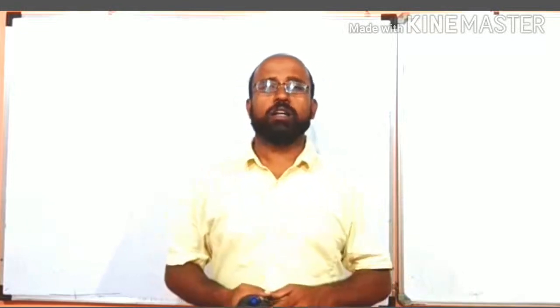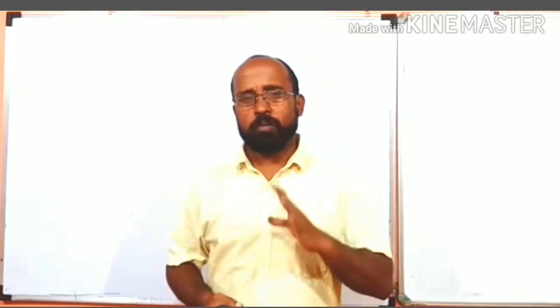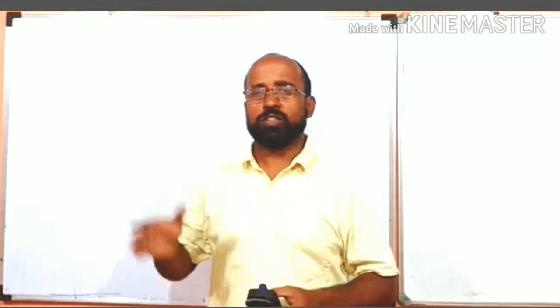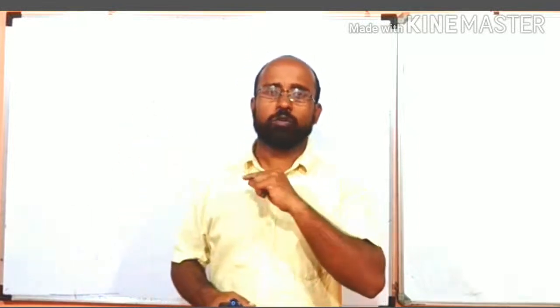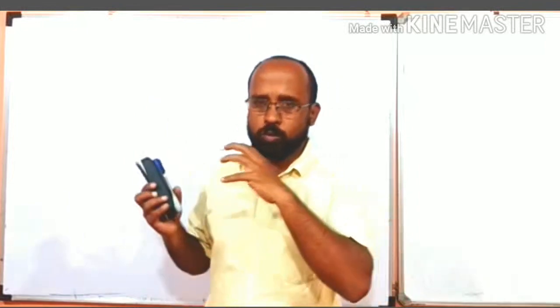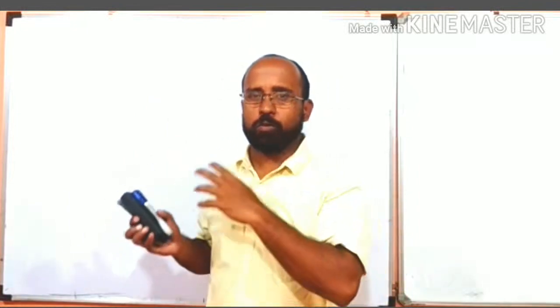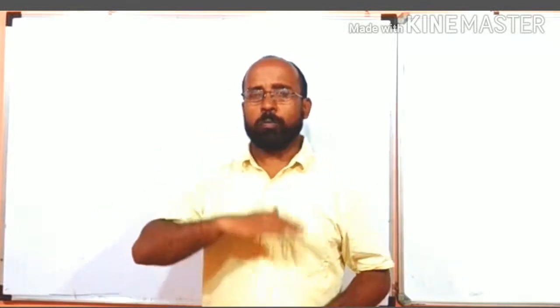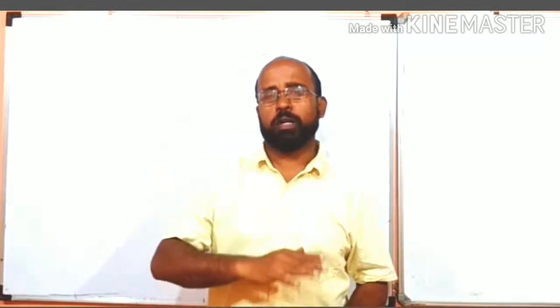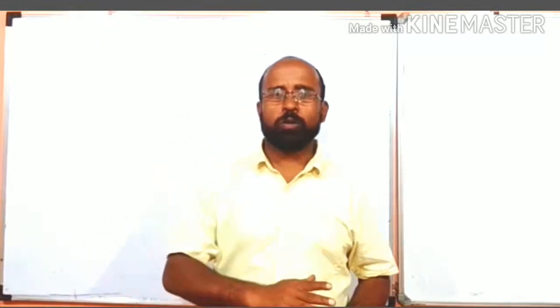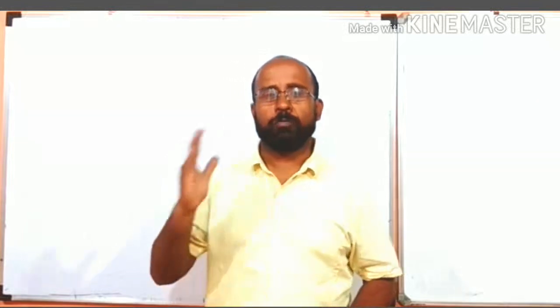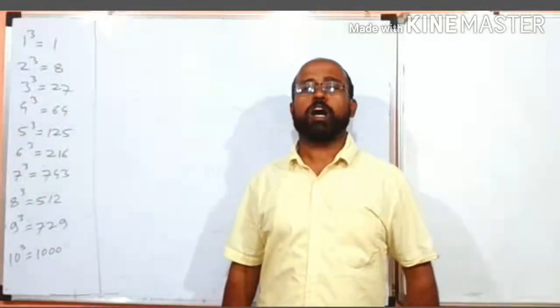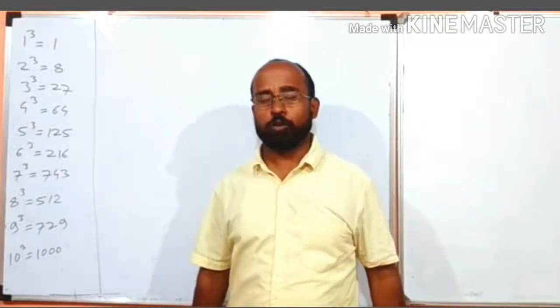After that we learned how to find the cube root of a number by the factorization method. In this we just have to factorize a number, make groups of 3, and take one representative of each group of 3 out of the radicand sign and multiply them. That we learned in our last video. In this video we will see the cube root of a decimal number, the cube root of a number ending with 0, the cube root of a negative number, and the cube root of a fraction. Okay, let us see how to find the cube root of a number ending with 0.